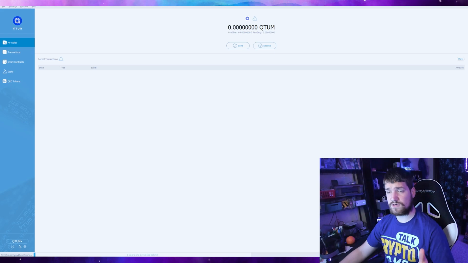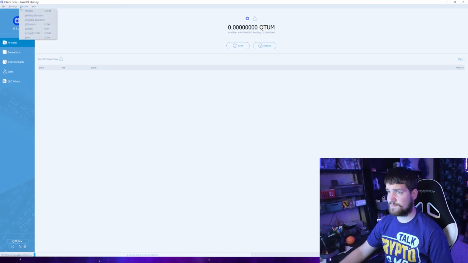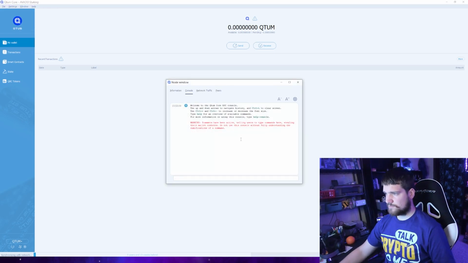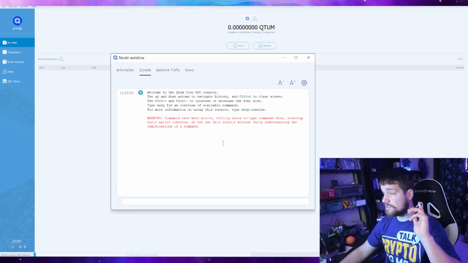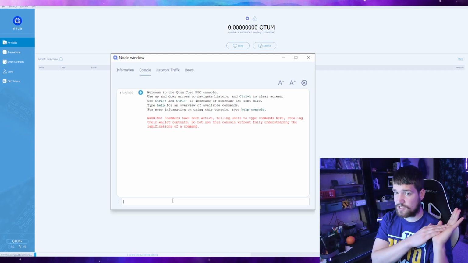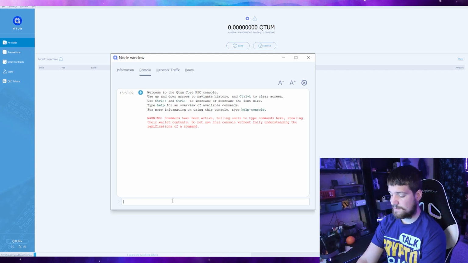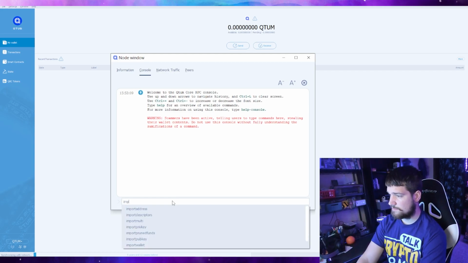So the next thing we're going to need to do is go ahead and go to window up here and then go to console. Once you do that, make sure to only use this for your stuff and don't listen to scammers telling you to do anything about this. That's what this red warning's about. So what you're going to do now is take that WIF key that you got earlier and type in this command. You need to import private key